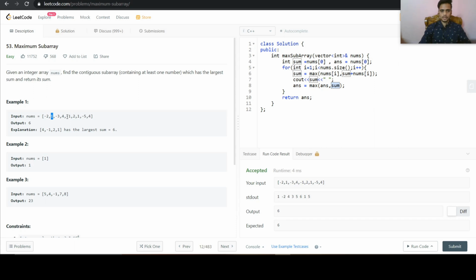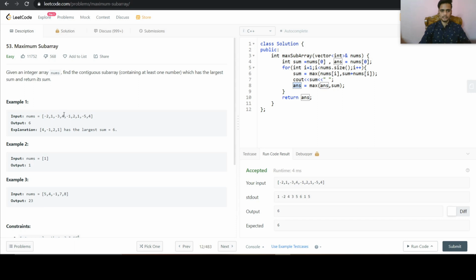So the next encountered value will be 4, and minus 2 plus 4 will be 2, and nums of i, the current encountered value, is 4. So 4 is better, so sum will become 4, and answer will check whether 1 is better or 4 is better. So 4 is better, so we will assign that to the answer.